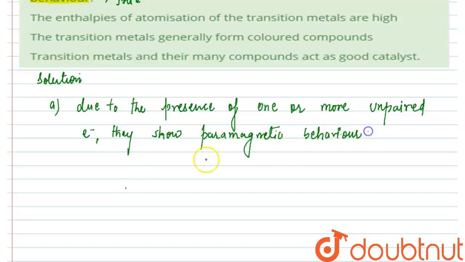So this is something that we can say based on the understanding that most transition metals have one or more unpaired electrons, and whenever an element has one or more unpaired electrons, it generally shows paramagnetic behavior, right? Now moving on, the next statement